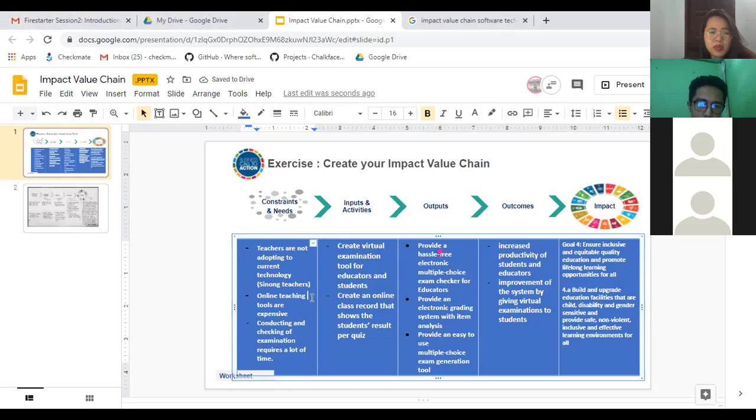Kasi kapag sinabi mo current technology, technology is a huge thing, okay? It can be anything. Hindi lang siya PC or hindi lang siya phone. Technology is anything that is changing, okay? So it's an innovation most of the time. So you have to be specific what kind of current technology this specific demographic of teachers are not adopting.